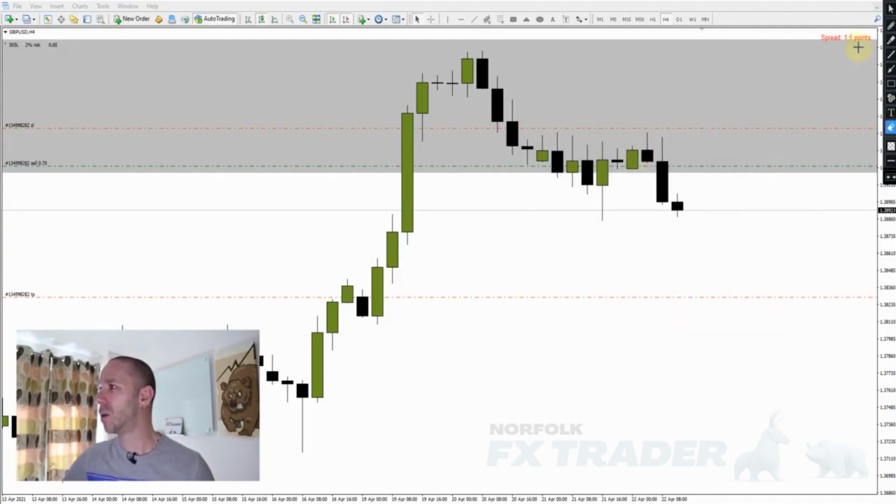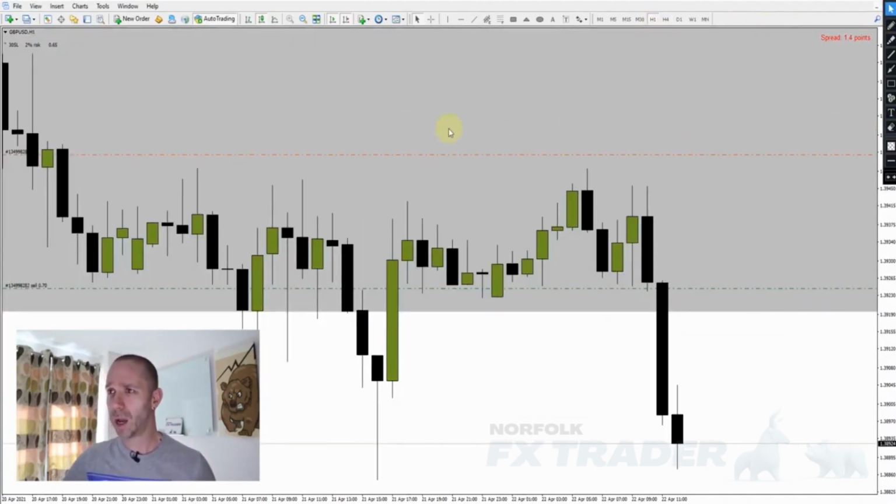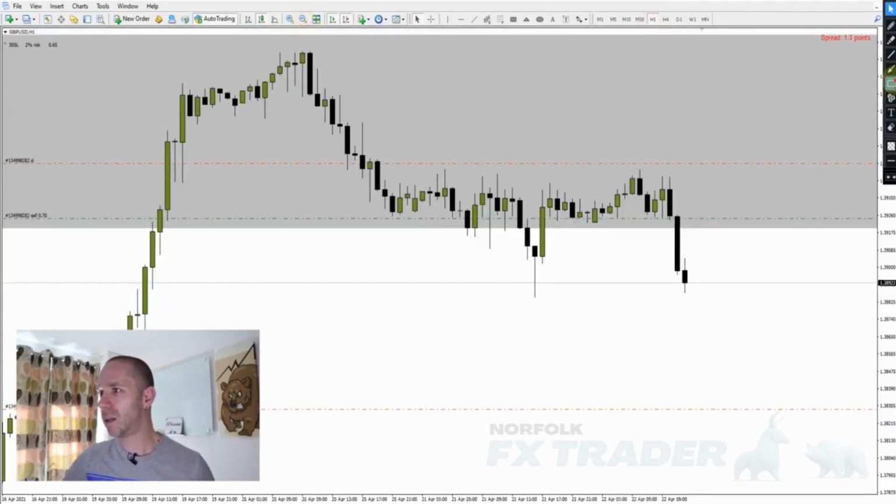Let me go down to the lower time frame. Let's go to the 1 hour. You'll see on the 1 hour, we had these highs in the market. We then had a manipulation: this bullish candle followed through with this bearish. We then pulled back into this area of supply. I preferred to see this drop go further away, removing these lows here. But if we look at that area, we did bounce off it once again and rally back up. I wasn't taking this as an entry, but it did show me that the reversal happened with this bearish candle,